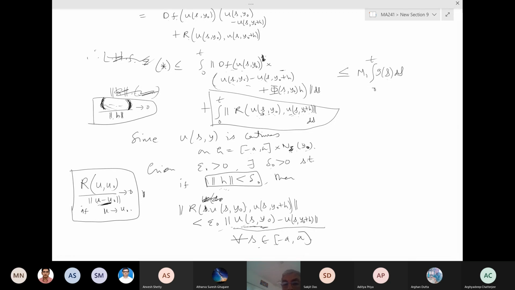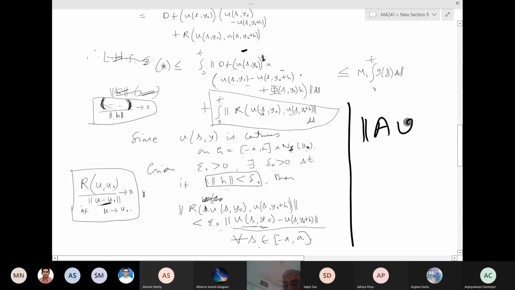So essentially the picture is this. This is a linear transformation here. This entire thing in the brackets is a vector. So I have a linear transformation A times a vector, and I'm taking the norm. I would like to say this is less than or equal to norm A times norm v, which would make sense